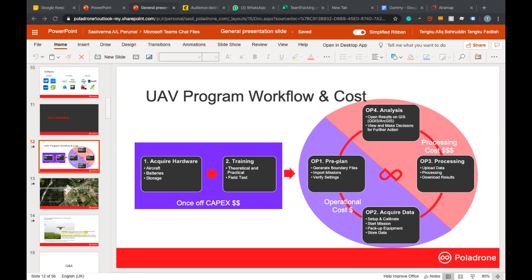Then maybe the last one is, someone also has asked about IRAMAP too. After we're done with the processing, for example, by using IRAMAP for stitching, what is the way to submit the result to the client? Of course, the client will have a very different software.